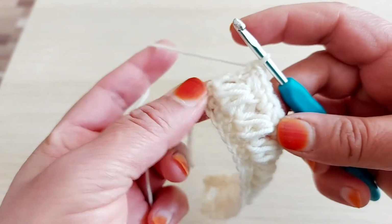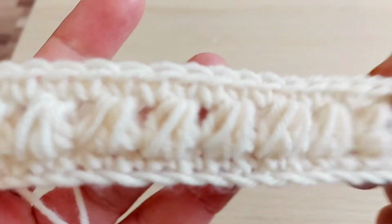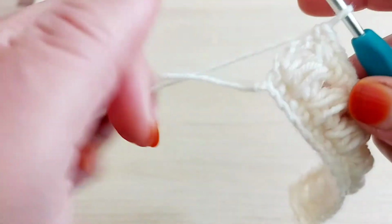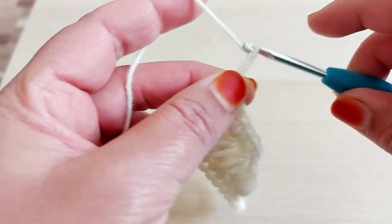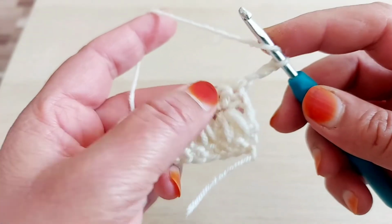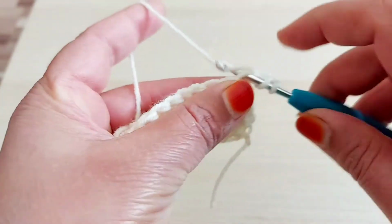You can see how pretty this pattern is. I love this pattern. 1, 2, 3. I'm gonna turn my work, yarn over, always same in the